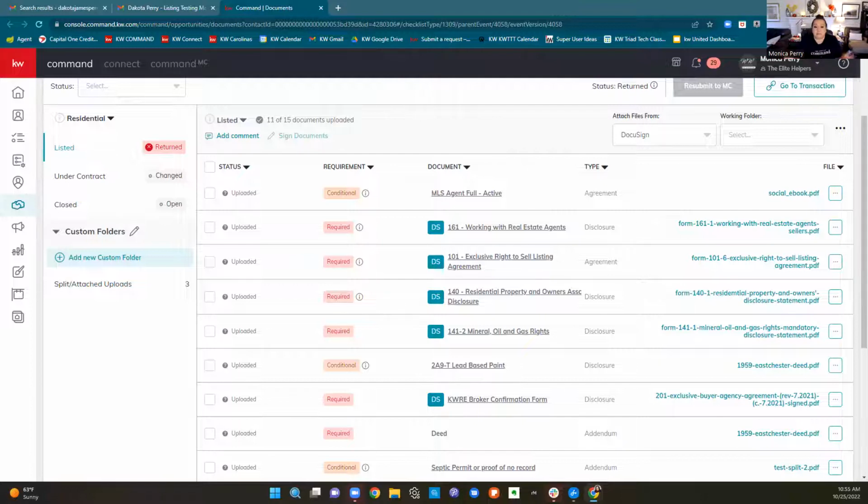Whatever it is, right? In order for those things to get caught in a timely fashion, turn your stuff in as you go. When you list a property and you get the documents done, turn them in. Technically, I'm not saying everyone does it. I'm saying technically, the North Carolina Real Estate Commission says if we get documents signed,